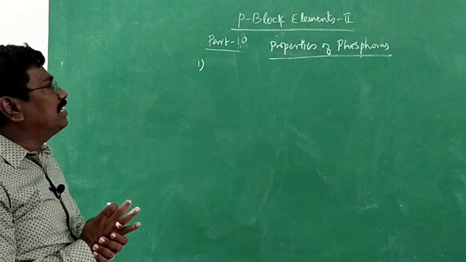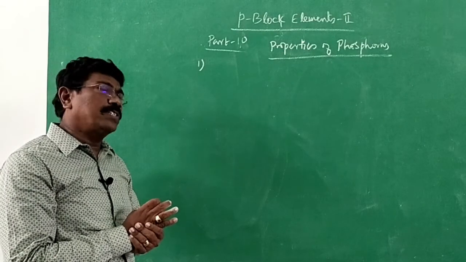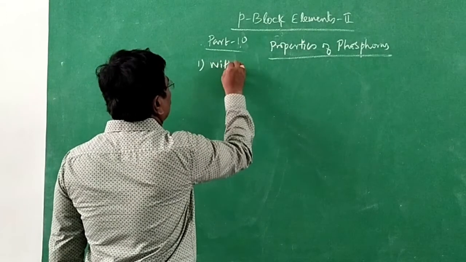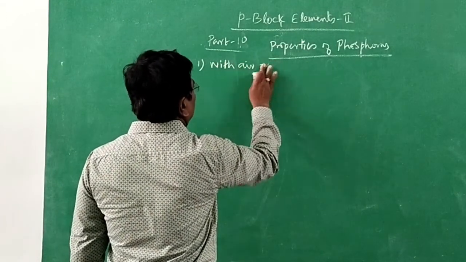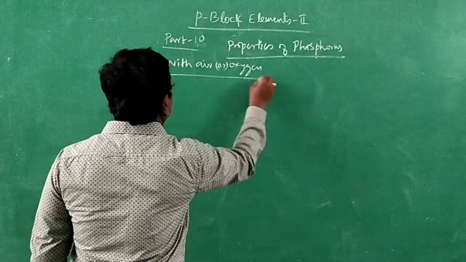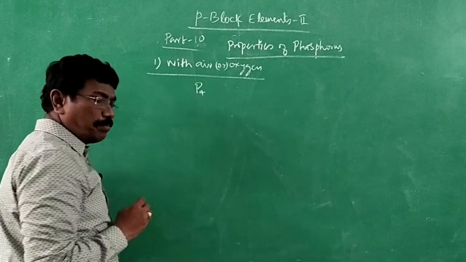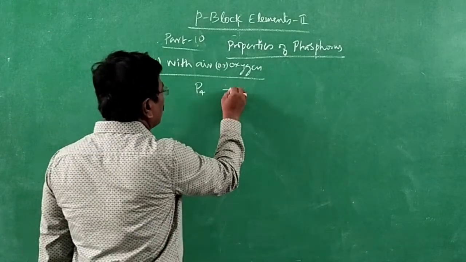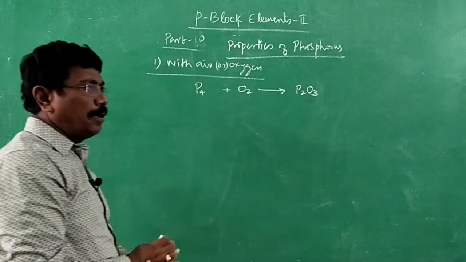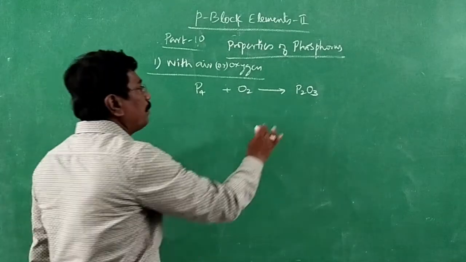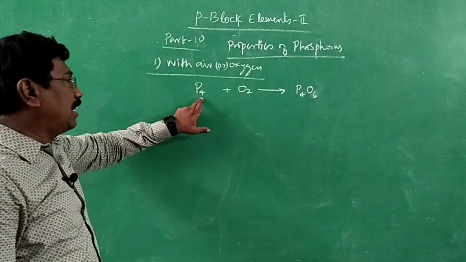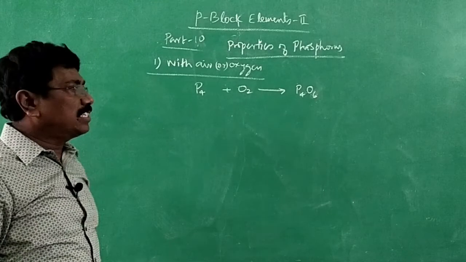When white phosphorus is burnt in air, it forms phosphorus pentoxide. Red phosphorus forms phosphorus trioxide and phosphorus pentoxide. So, reaction with air or oxygen, whatever it may be. When phosphorus is burnt with the air, usually we say P4 instead of simply P. With the air, it forms phosphorus trioxide, P2O3. But it exists as a dimer, and therefore we write P4O6. Nothing wrong in writing P4O6. Phosphorus, we are writing P4. Likewise, phosphorus trioxide, P4O6.